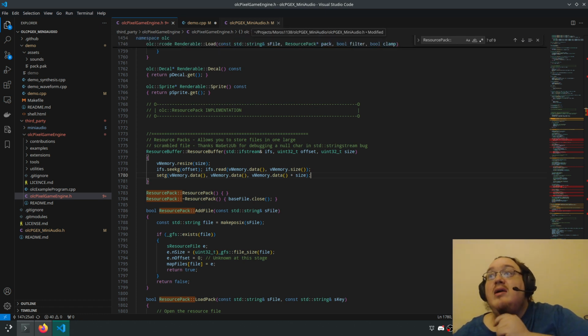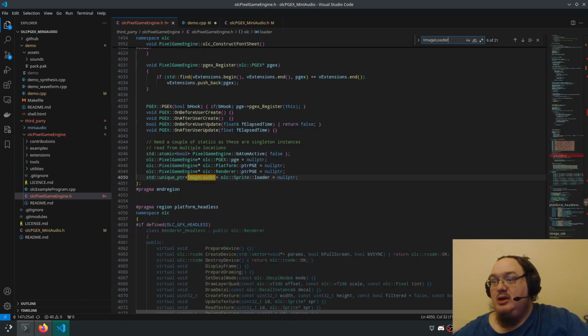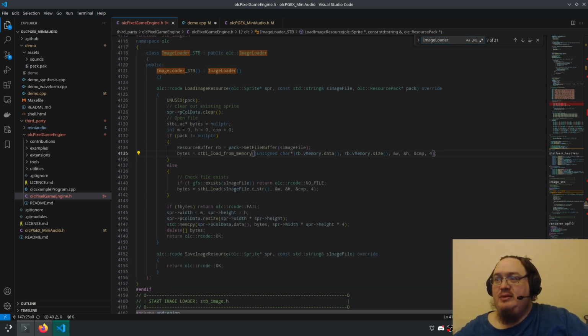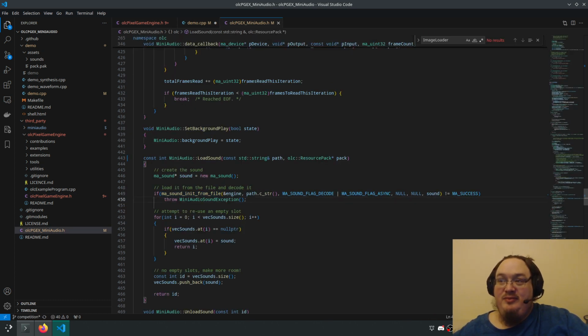All right, so let's go to the image loader, so that we can see the image file. I like that we could just copy and paste stuff. Totally not stealing other people's code at all. All right. So we do this and then